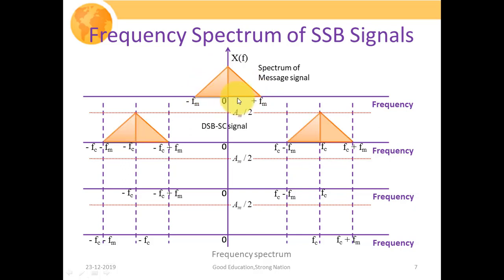So obviously after modulation we are going to have some frequency translated version of our actual message signal. This particular signal will get translated to our carrier frequency fc. Now this portion shows our upper sideband and this portion shows our lower sideband, and these are the negative counterparts of our upper sideband as well as the lower sideband. So this is the spectrum of our double sideband suppressed carrier signal.